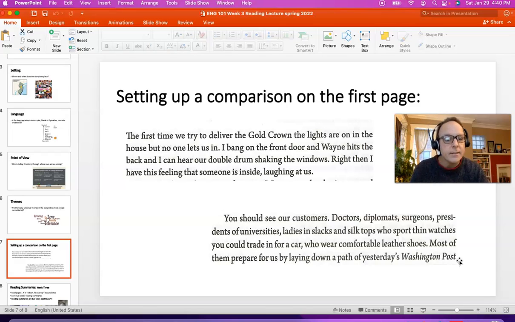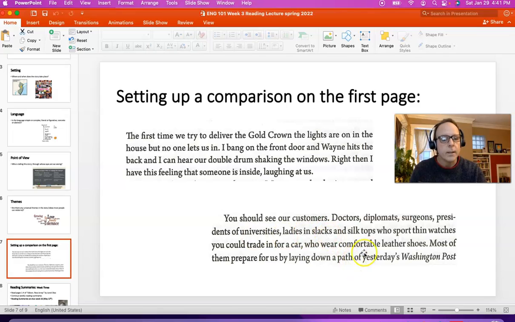Again, this is in the 90s, so maybe there's some status even attached to what newspaper you read. The New York Times, the Washington Post. These are really serious publications. So even that might be symbolic. But anyway, they do put a path down, which I think is kind of interesting. Somebody's delivering. They don't want them to get their nice carpeting or flooring dirty. But also this mention of all these doctors, diplomats, surgeons, people who make a lot of money, who have power,